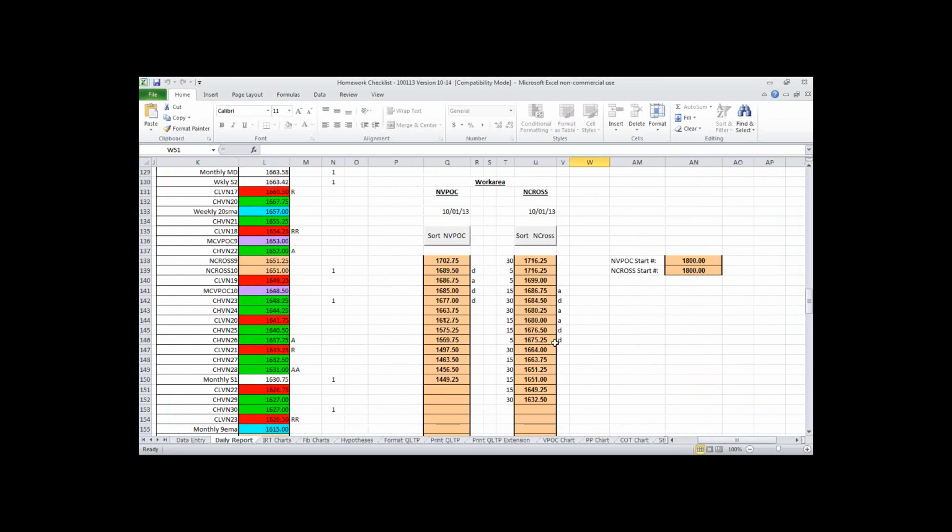Naked crosses. Naked Cross is a study that I developed a couple of years ago. It uses the 9 EMA and the 20 SMA, and when the 9 crosses the 20 and the price moves away dramatically, I'll show it on the charts, it creates what we call an unauctioned cross or naked cross, and the market has a very high probability of rotating back and retesting, re-auctioning that price point again. And we follow them intraday on the 5, 15, and 30 minute because we use them for targets, especially if